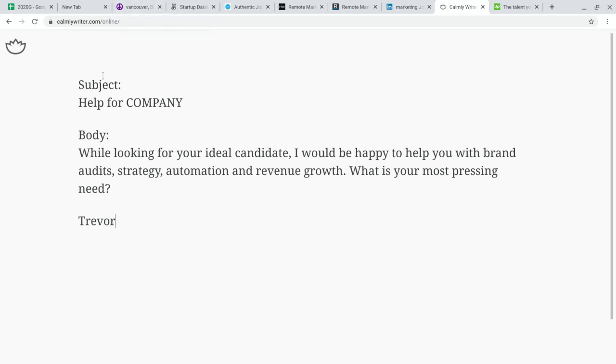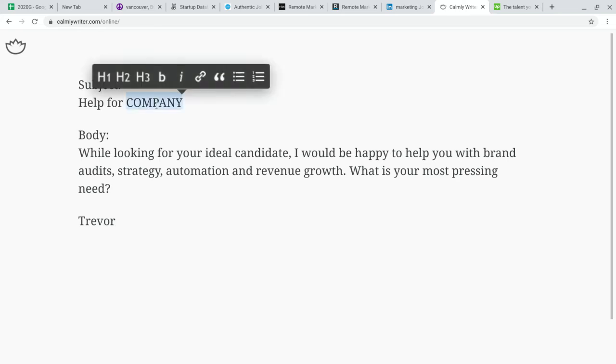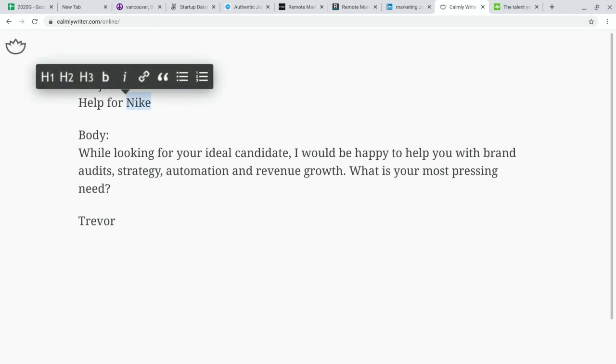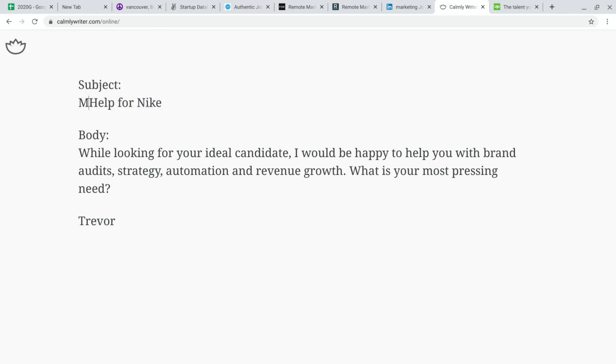So what I've set up here is subject line, help for company, okay? You're going to change this word company to the actual name of the company. So help for Nike. What I love about this subject is that it's personalized, okay? It's very specific to the company name, which automatically says, wow, this is not just another spam email. This is someone that's taken some time to do some research, to look into the actual company name. I think this is really powerful, very specific. You can get even more specific and do like,